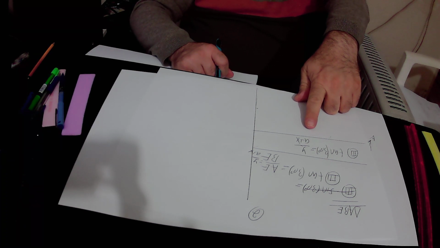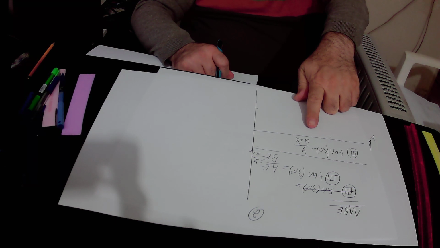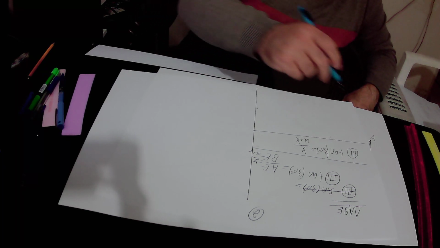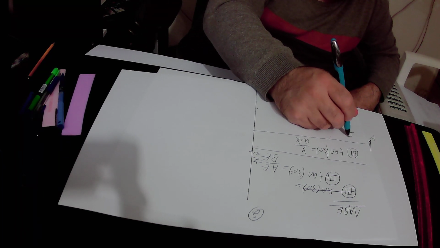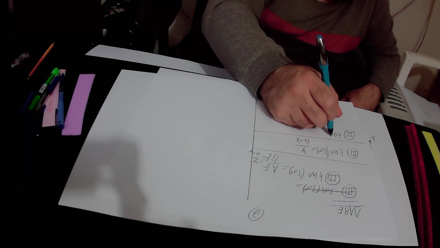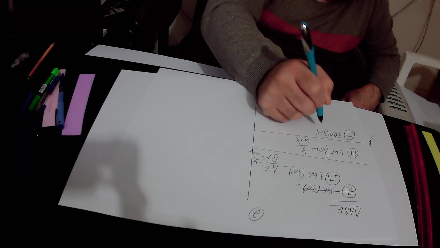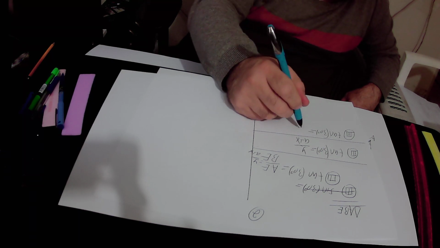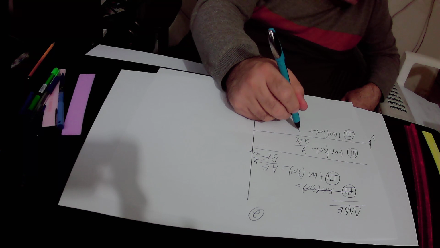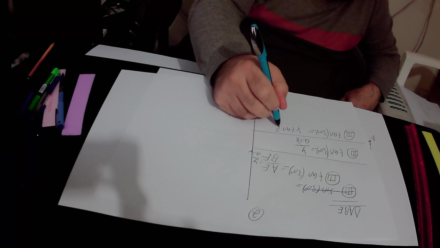So we will substitute y by the value that we found in equation number 1, and we will substitute A by the value that we found in equation number 2. We substitute those two variables in equation number 3 by the values that we found in equations 1 and 2 for y and A. And we will get that tangent 30 degrees equals y, and according to equation number 1, y equals x tangent 80 degrees